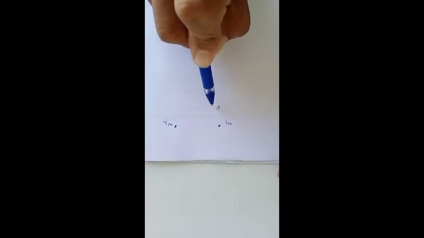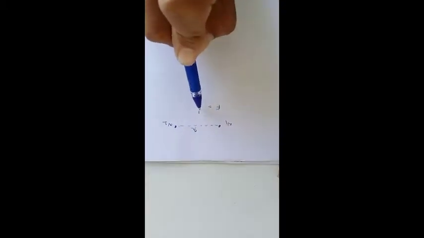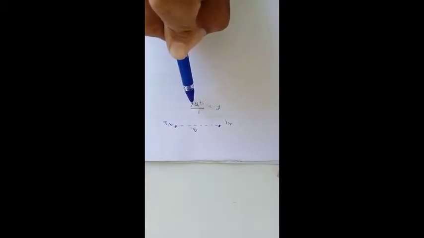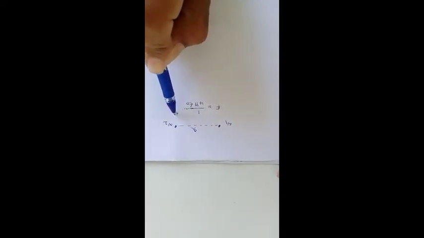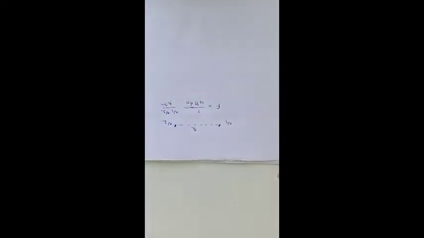Okay. What is the question here they are asking is, see, initially two charges are there. This is Q1, this is Q2. What is the force between them when they are separated by a distance of r in the air? Force between them will be 1 by 4 pi epsilon naught Q1 Q2 by r square.